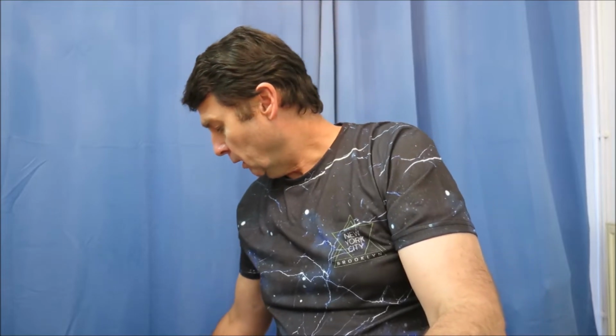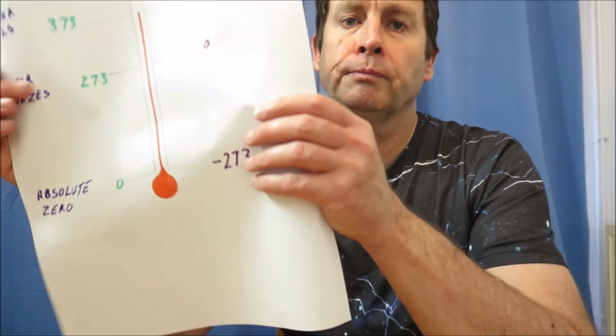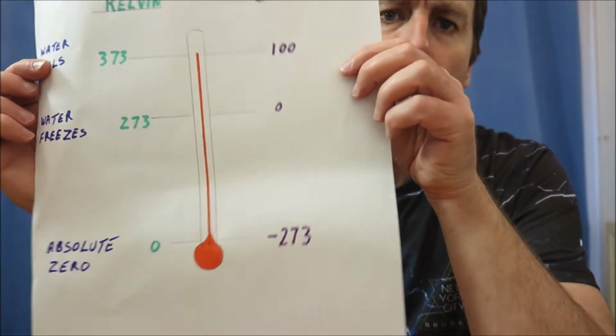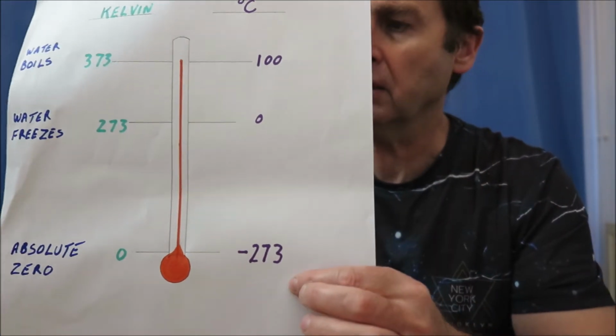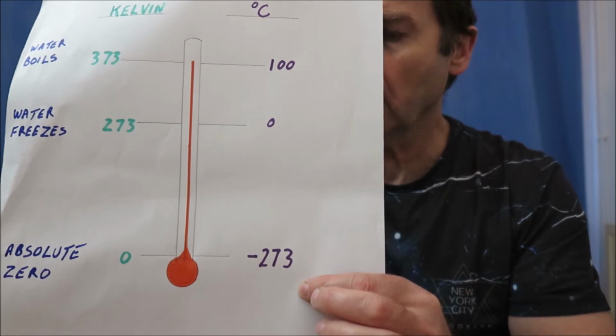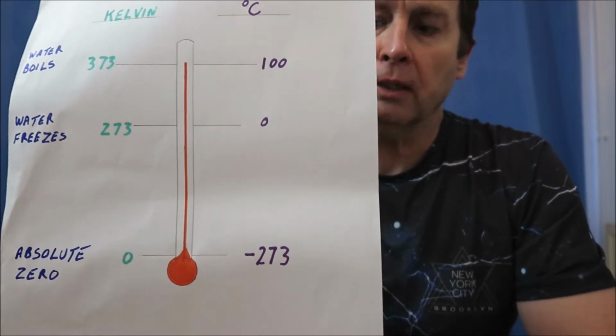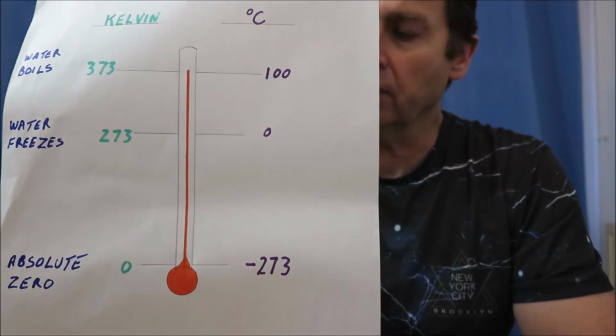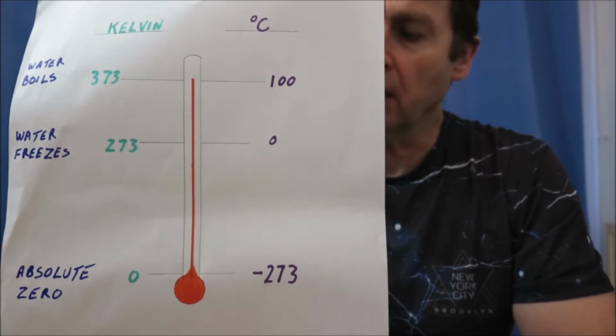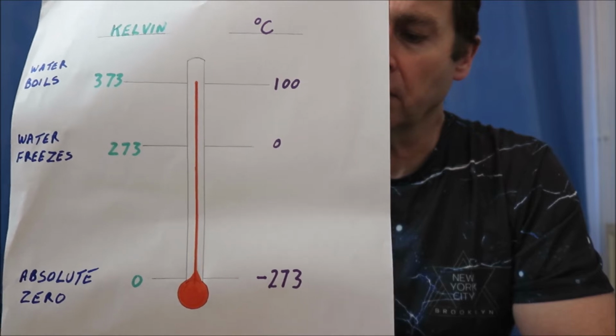So what is absolute zero? Well, absolute zero is minus 273 degrees centigrade. And each Kelvin, and it's not degrees Kelvin, it is just Kelvin,